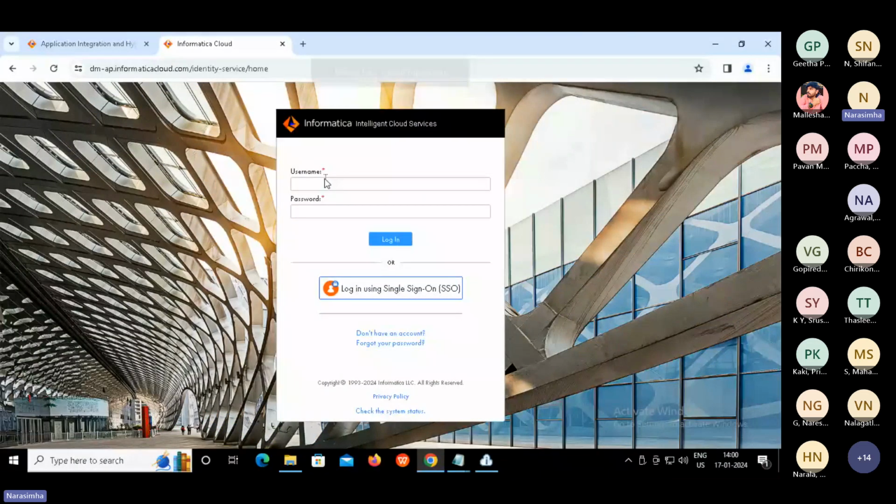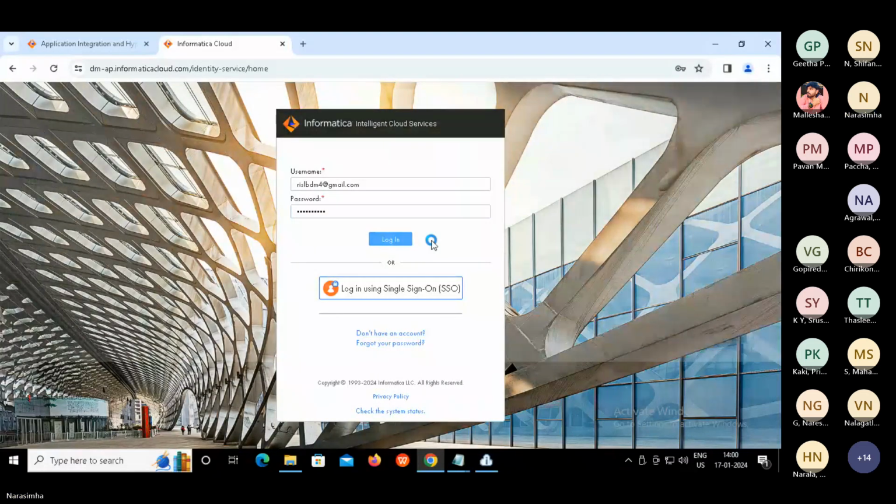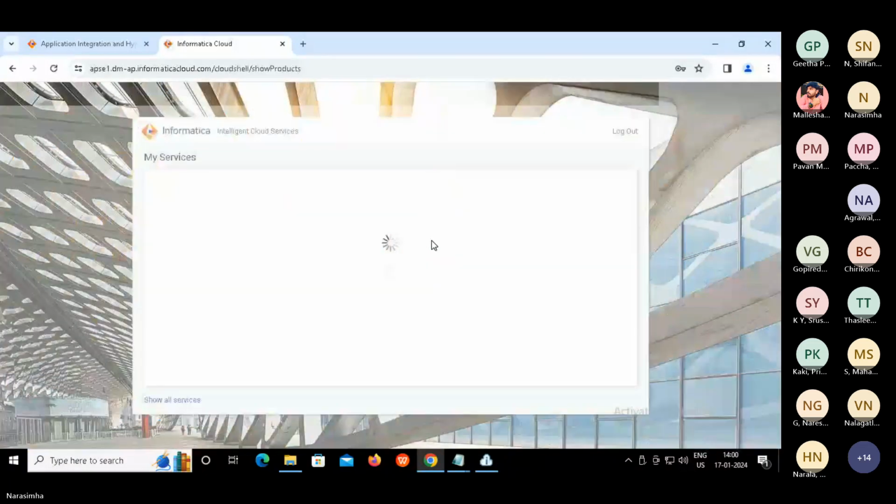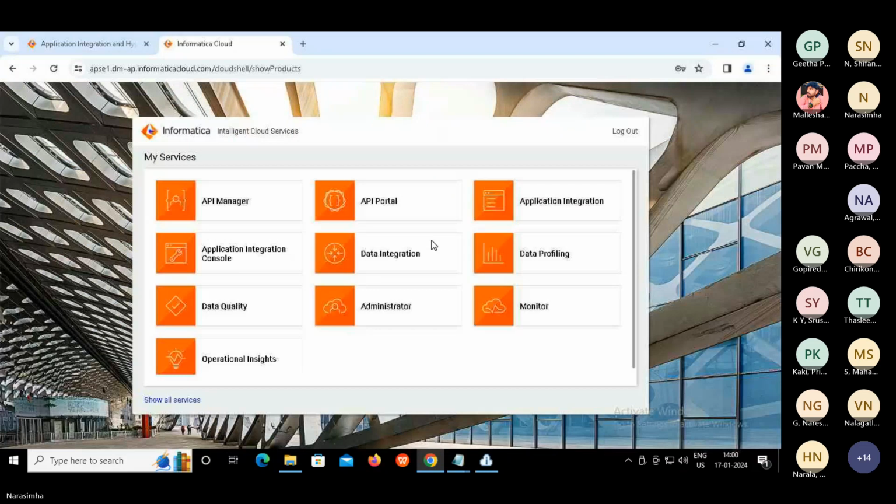Let's log on to it first. Get into data integration.